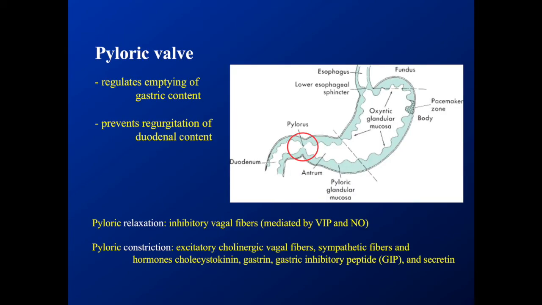So the pyloric valve, just to reiterate, regulates the emptying of gastric content, and it also prevents regurgitation of duodenal content into the stomach. The relaxation of the pylorus is by VIP and nitric oxide, and the constriction is caused by excitatory cholinergic vagal fibers, and there are sympathetic fibers that also affect the pylorus, and hormones like cholecystokinin, gastrin, GIP, and secretin all have effects on the pylorus to regulate its activity and thus the emptying of the stomach